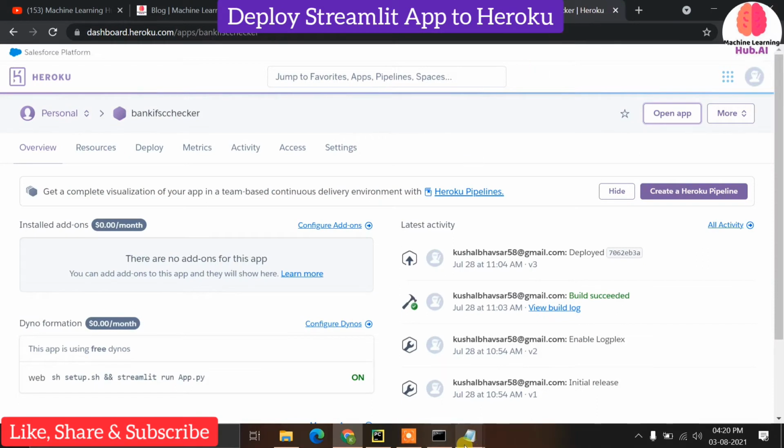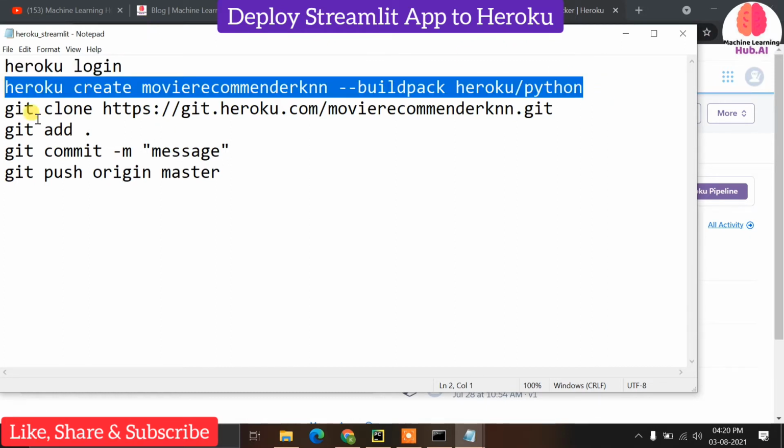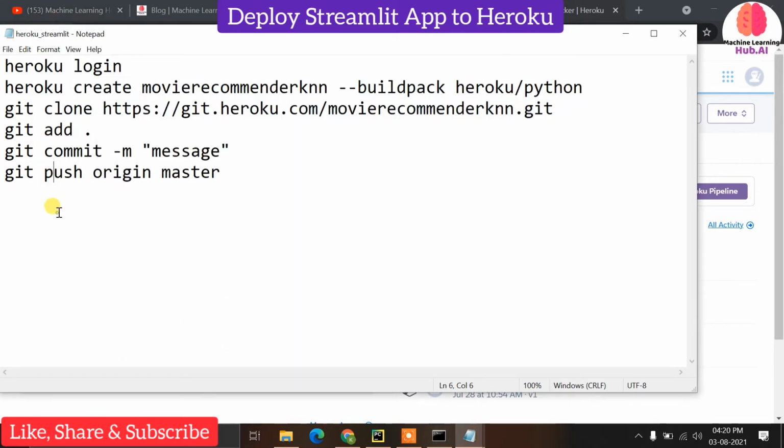Okay, what I need to do next is create a Python buildpack. To upload your web app to Heroku, first of all you need to create your buildpack. Heroku calls it a buildpack, and it is useful because your site is created using Python, so obviously you need to have Python installed. If you are working with Node.js or anything else, then you need to write that name. Now just use this command, heroku create.